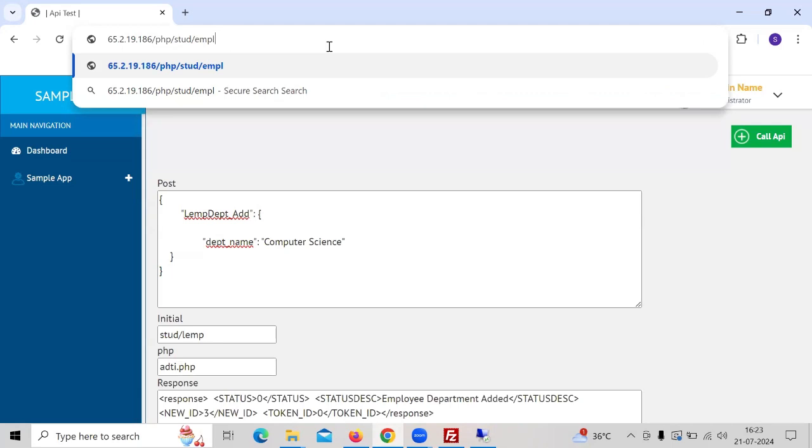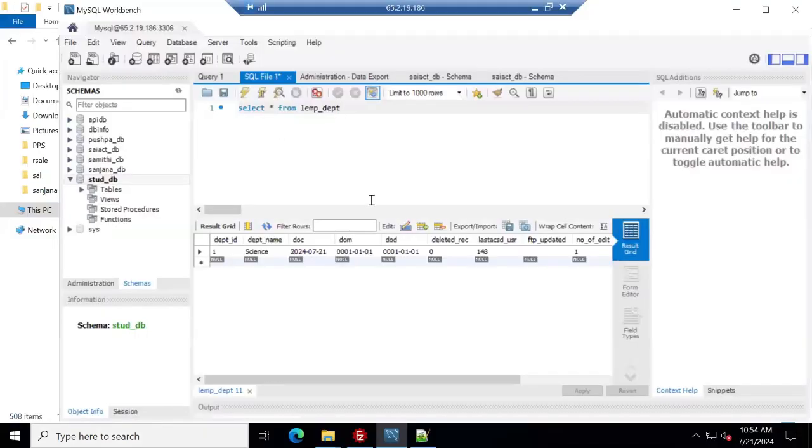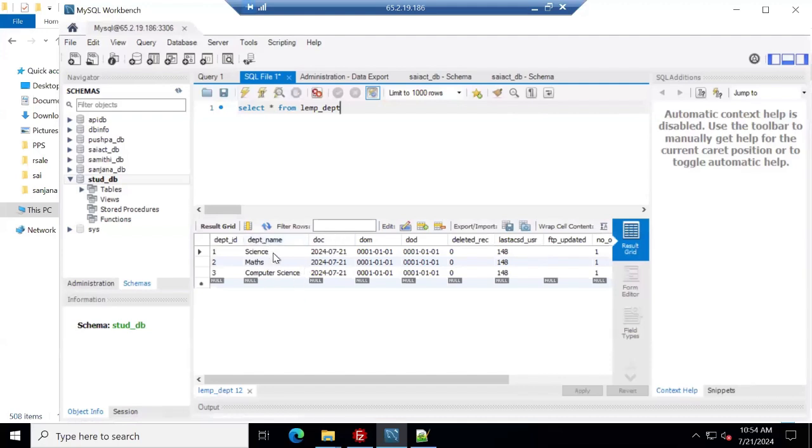I'm going to use LM employee add. In this, I'm going to bring a drop down for department. I already added a few records in the department. Let me show you that. Under the department, you have science, maths, and computer science. So this is going to be displayed here